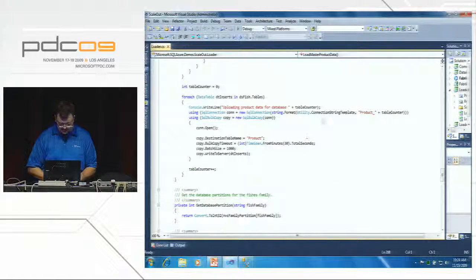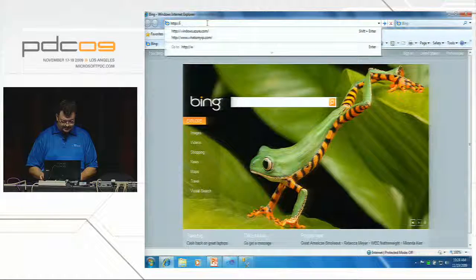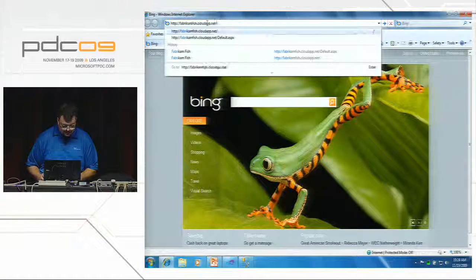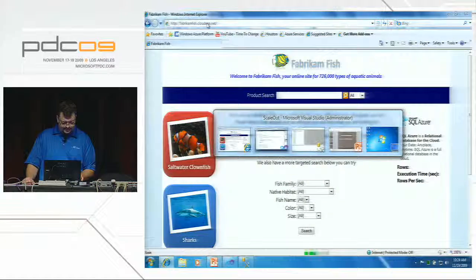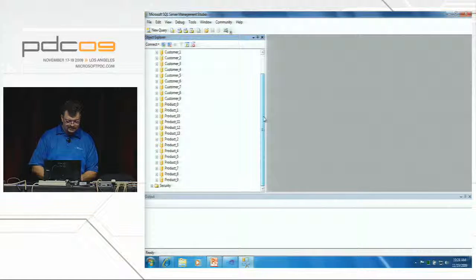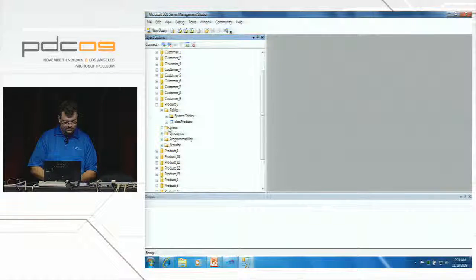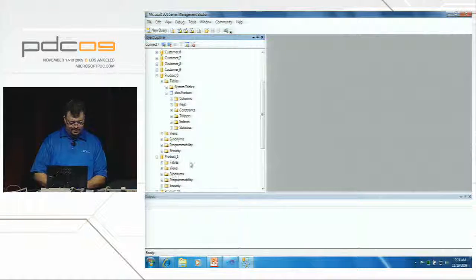So that does our data load, and if we go out to the site, and I'm sure all of you will once you see what the URL is, it's fabricamfish.cloudapp.net. Let's go out there. Once again, I apologize for the speed of the network here. And there we go. Let's go back to SSMS for a moment so we can see all of our different product databases. Once I expand this, I'll zoom it in for you. There we go. Notice we have a single table in here. And if we look at product 2,